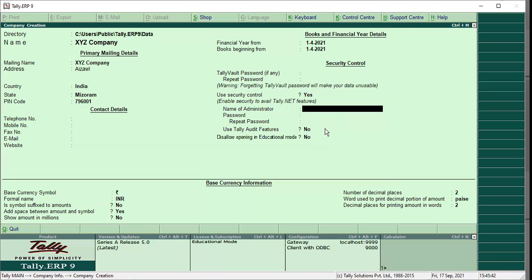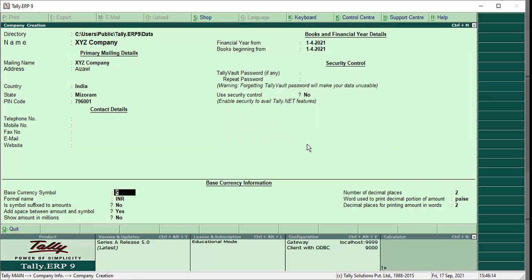Once you purchase a license, you just have to mention this as S, which means you want to disable the educational mode. Otherwise, if you enter Tally, it may enter educational mode. That's why if you put S over here, it directly leads to the licensed software.